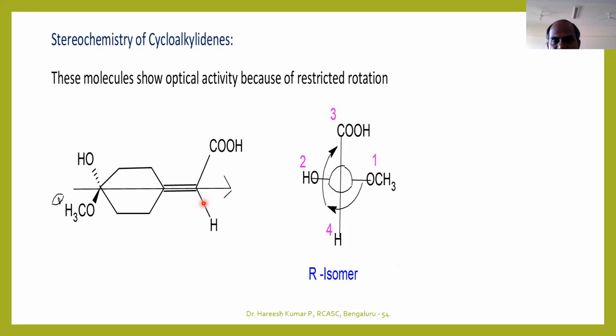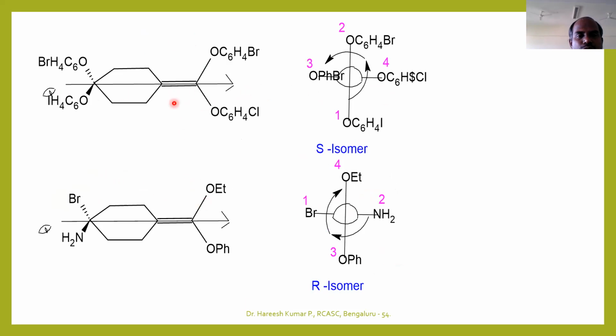With this, I will go to the next slide. In the next slide, I am taking a few more examples. Stereochemistry of cycloalkylidene. Here also, when a chiral axis is passing through this, these two groups are the near end groups and these two groups are the far end groups. You can observe that this is the wedged one. Wedged indicates horizontal moieties, and this is the plain one. Plain indicates that this is the vertical group. Vertical means you can write OC6H4Br and OC6H4.